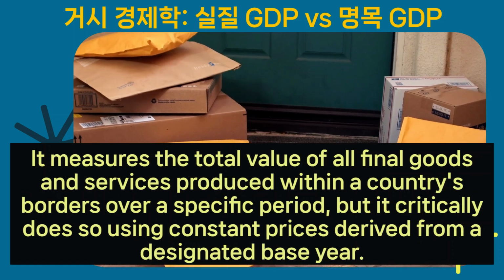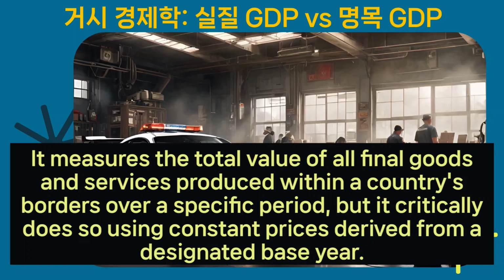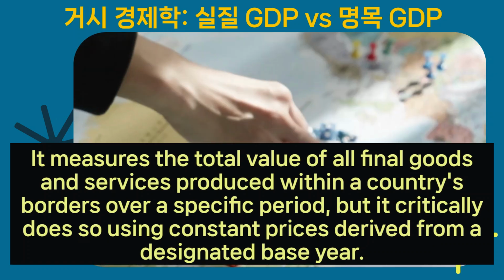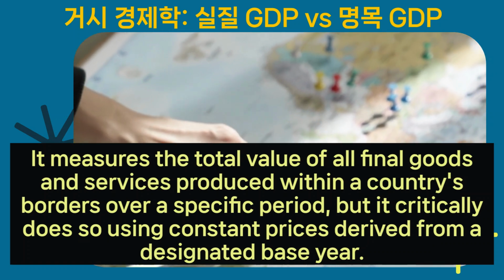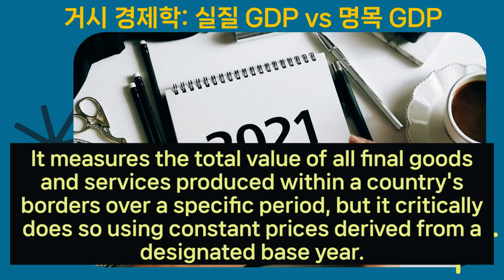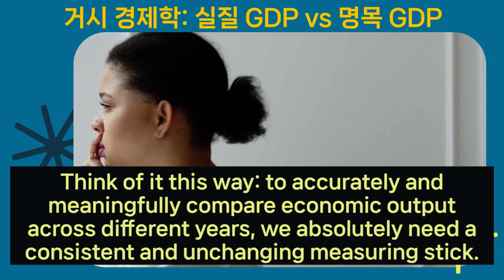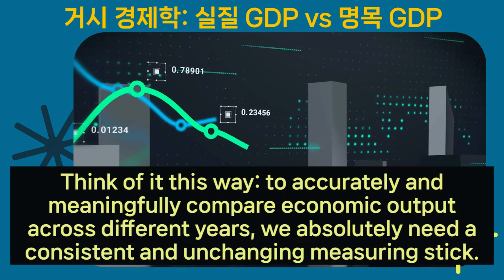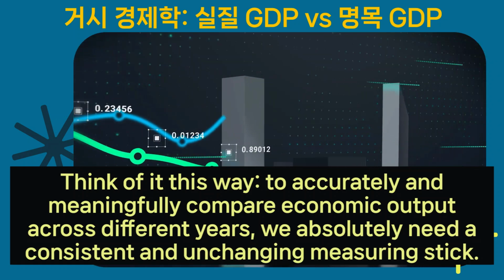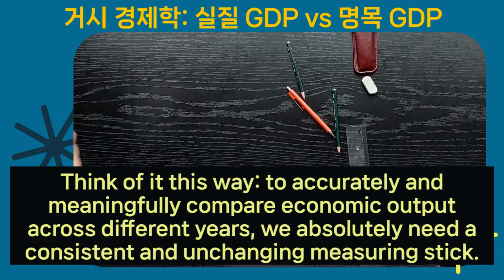It measures the total value of all final goods and services produced within a country's borders over a specific period, but it critically does so using constant prices derived from a designated base year. Think of it this way: to accurately and meaningfully compare economic output across different years, we absolutely need a consistent